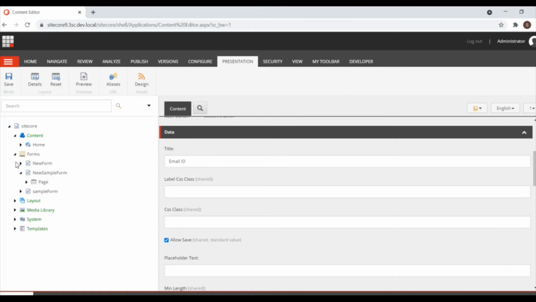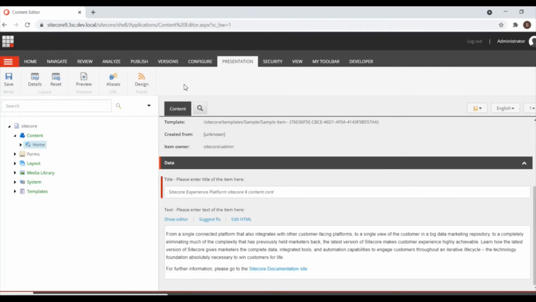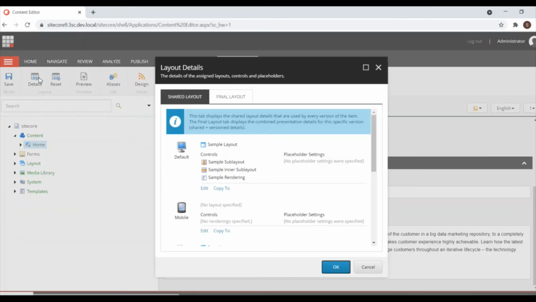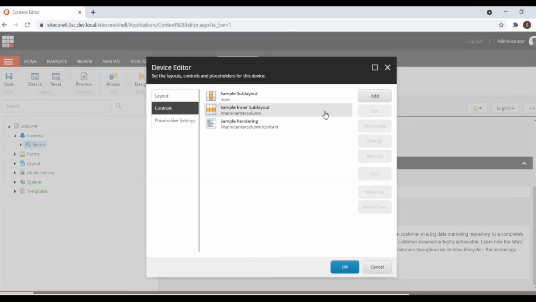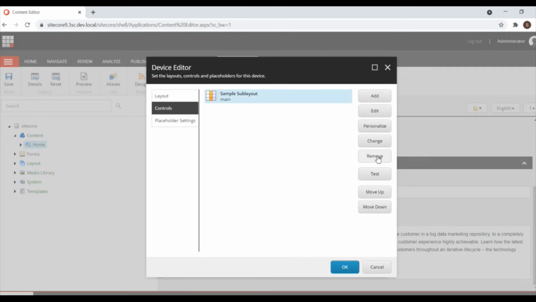Now I'm going to insert the form in the home page. Normally you need to change the layout from the sample layout to the Sitecore MVC layout. So I'm removing the existing rendering.